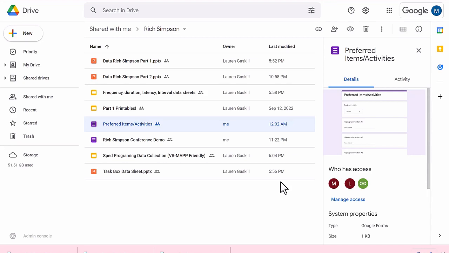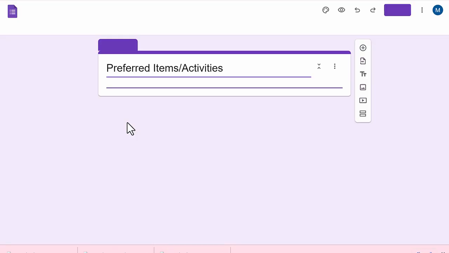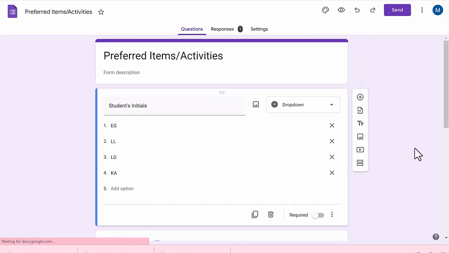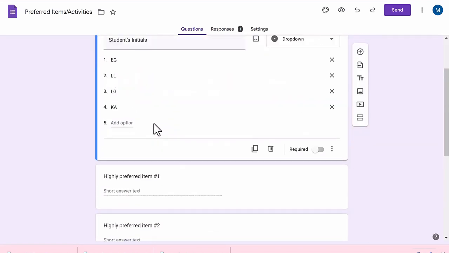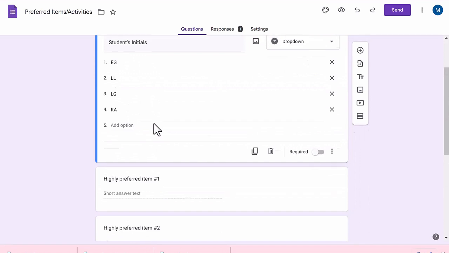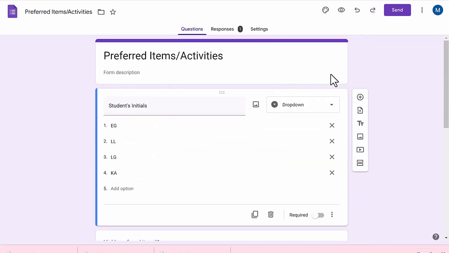Well, there are a couple of ways, and one is the easy way and one is a little bit more difficult way, and I'll show you both of them, and you can pick your poison. So let me just open up that form that I was using in a previous example, and it's a simple form. This one is just the one where we had some students listed and then some highly preferred items so that we could use those data that we'd gathered from caregivers